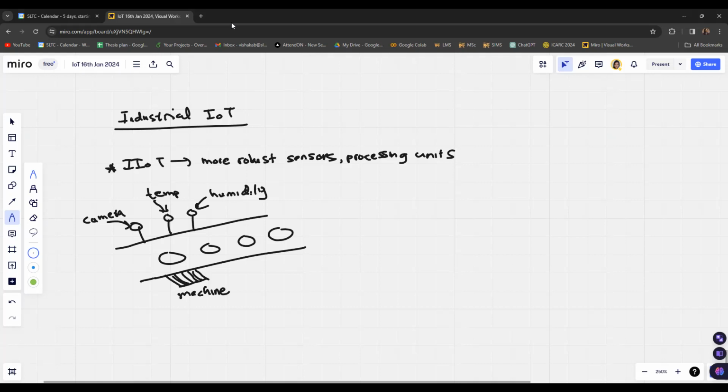Apart from that, we can also add some robots, or a network of robots, to help with the production line. So we can use these robots to move items from one location to another location.